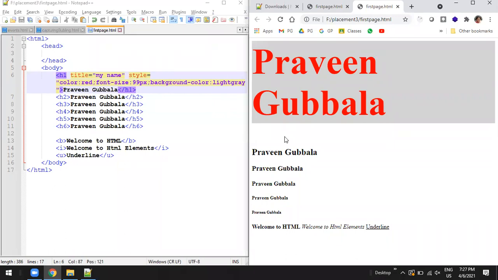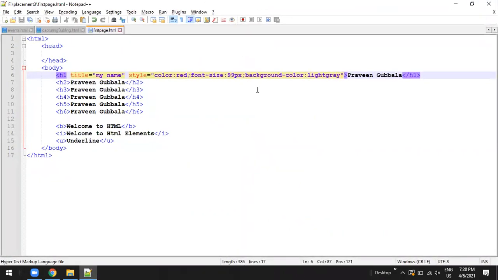So you can apply like this. Background color is another property. Border. These are all different properties you can apply and make use of. But my concept in this explanation is this H1, the whole thing, which is called an element. This is the element. This element has different things like